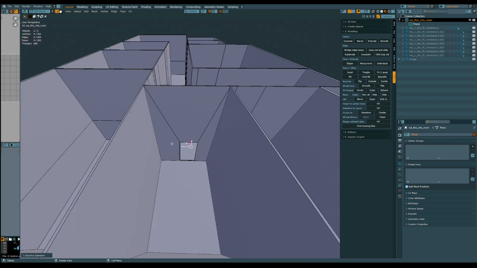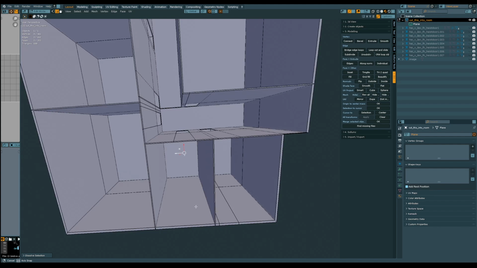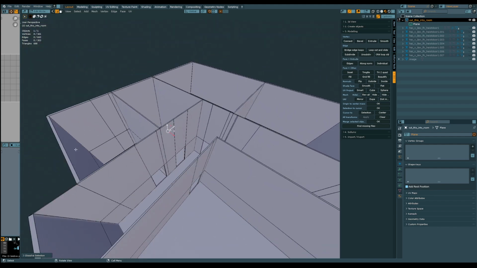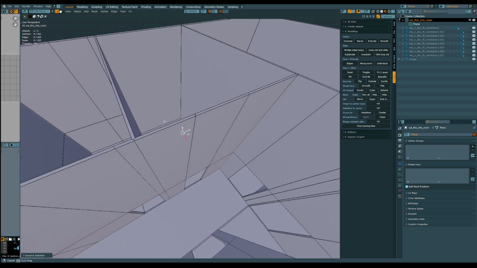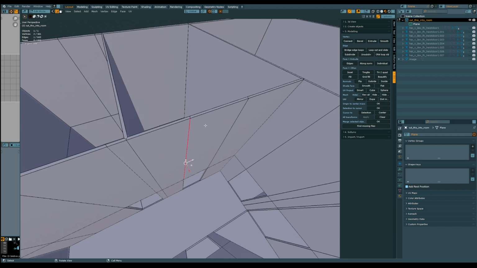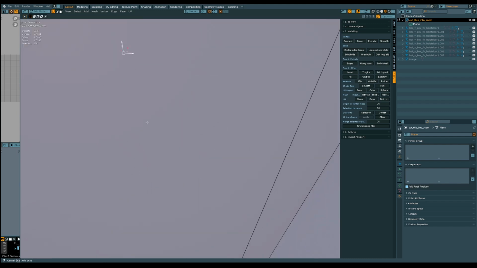As you can see, the room is perfectly fine. The topology is perfectly straight, but we just eliminated another 12 triangles or something like that from what we needed. Again, you can go crazy if you want,